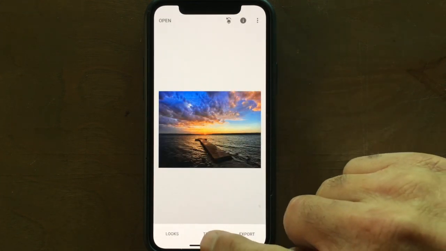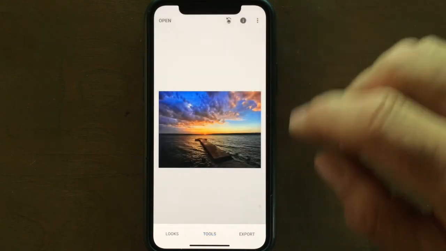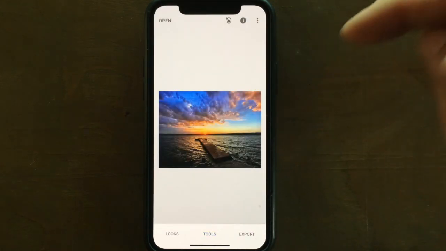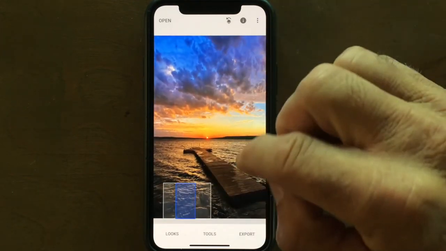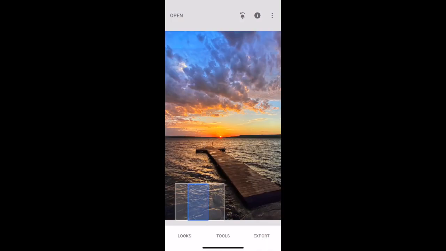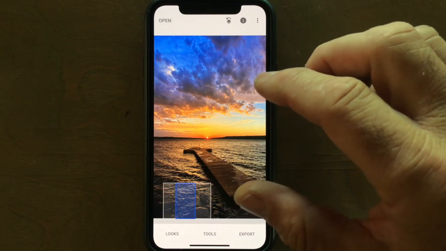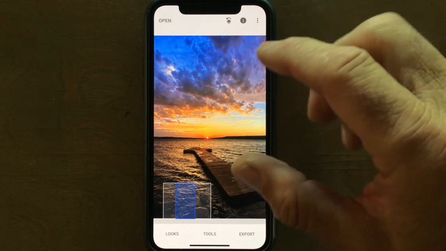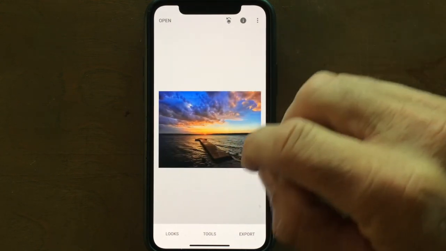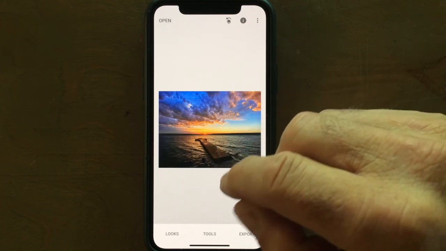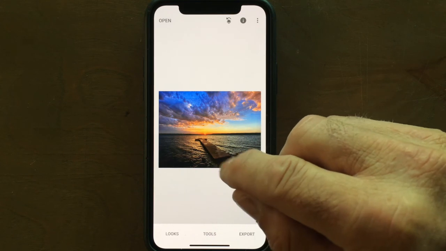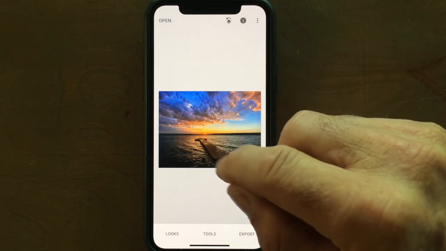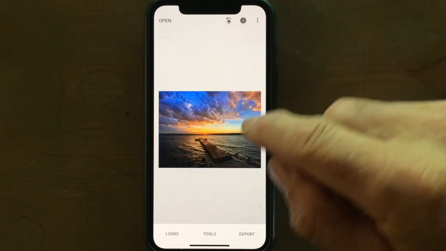The next thing I want to do is work on the dock. So let's talk about this for a second. Everything in this picture is directing you towards the sun. The whole idea is to get the viewer to here, which is deeper in the picture. It creates three-dimensionality, depth, movement, uses leading lines. So I want to reinforce these ideas. So my idea is that I want my viewer to enter here and slide through the dock and end up